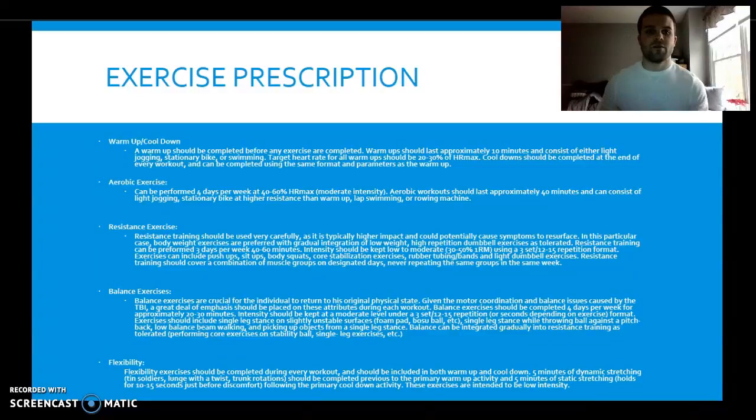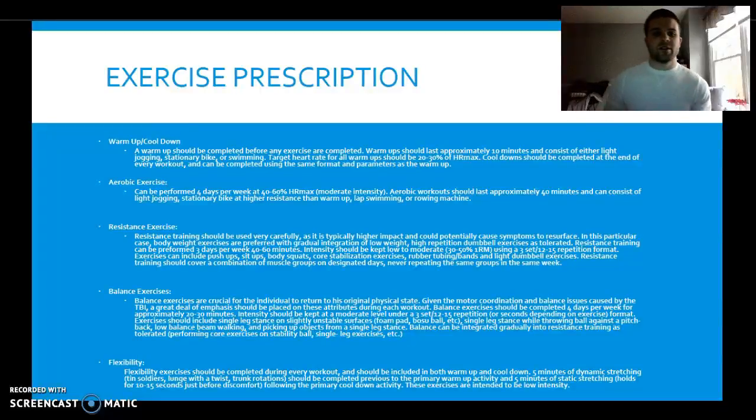I have a warm up and a cool down, which is going to happen every single day. So if he's working out 4 days a week, you're going to do a warm up and a cool down 4 days a week. It's going to be low in intensity, 20 to 30% of HR max, and it can consist of anything from some light swimming, doing some lap swimming, very casually, to just some light jogging, or using the stationary bike because it's low impact and you don't have a risk of sustaining another head